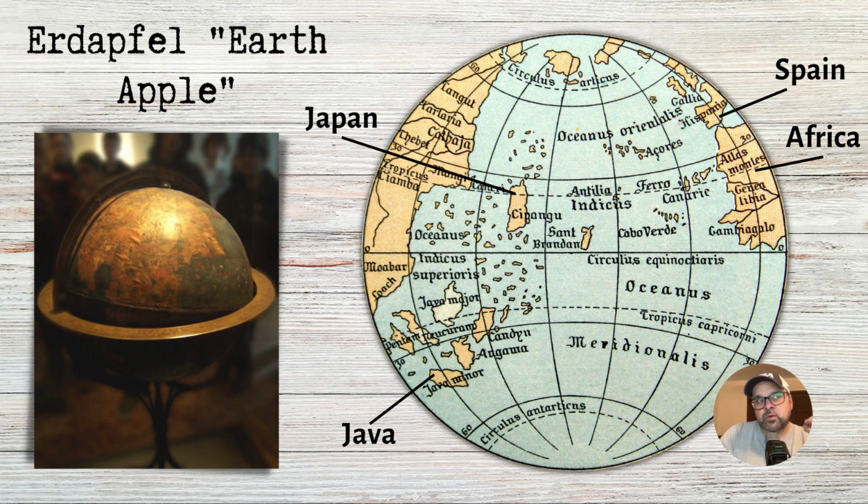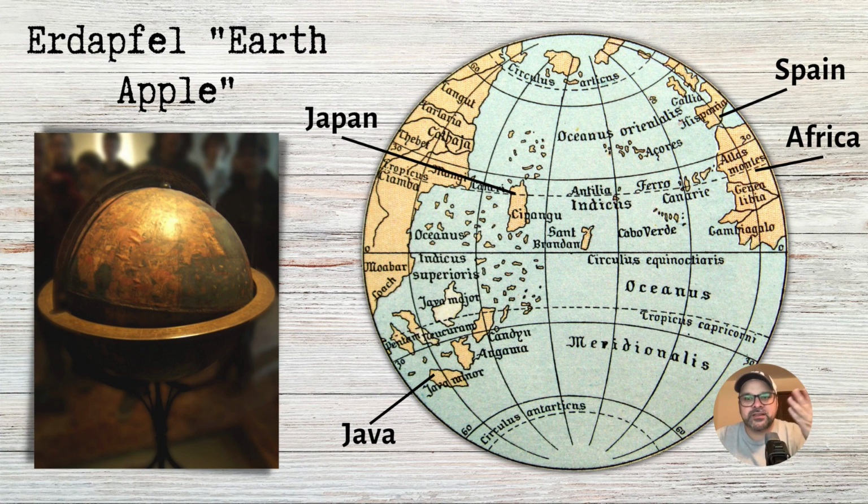Now, I'm sure someone will probably correct my pronunciation of this German, but Erdapfel is German for Earth Apple, which is the name of the oldest surviving globe model of the world, which is what you see on the screen here. It's produced in around the 1490s, so just before Columbus's voyage to the Americas, which is why the Americas are completely missing, right? So you can kind of see a projection of that map here as well on the screen.